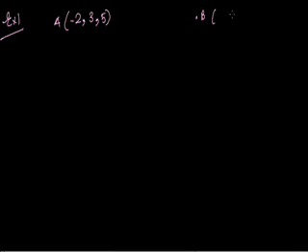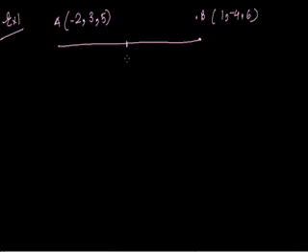So this is the section formula which we will be using in the further questions. So let's start with the questions. We'll do example first. Example first: you have point A with coordinates (minus 2, 3, 5), you have point B with coordinates (1, minus 4, 6), and you have to find the coordinates of point C which divides it in 2:3 internally.